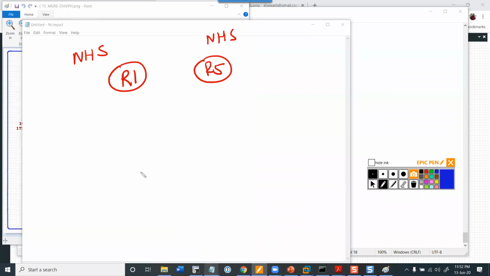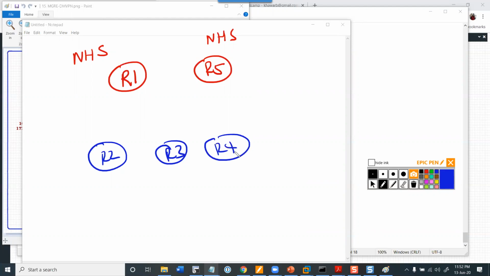And then I have my spokes. In this case, it would be R2, R3, and R4. The first thing that I would do is set up a static MGRE type of neighbor relationship between R1 and R5 and get them up and running. Once that's done, then I can go ahead and do my dynamic neighbor relationships between my spokes,